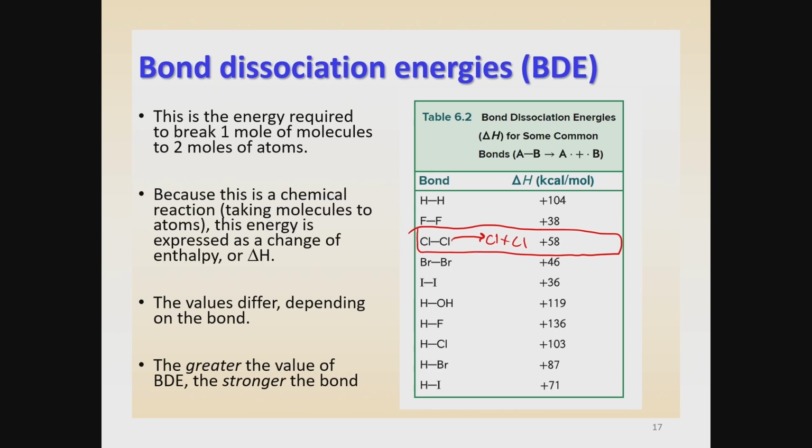Now, one of the things I think you can see is that the energy is different for different molecules. For example, the next one up is diatomic fluorine. It doesn't take as much energy to break this bond to release the individual fluorine atoms. It only takes 38 kilocalories per mole of diatomic fluorine. But if you look at the one above that, here it takes a lot of energy to take diatomic hydrogen and separate it into hydrogen atoms. You need 140 kilocalories per mole of diatomic hydrogen to break it up